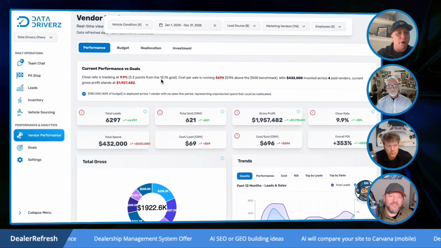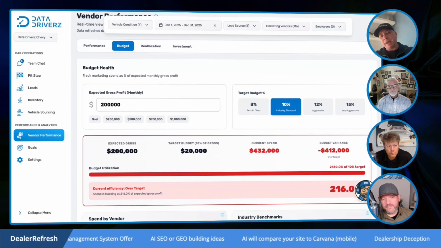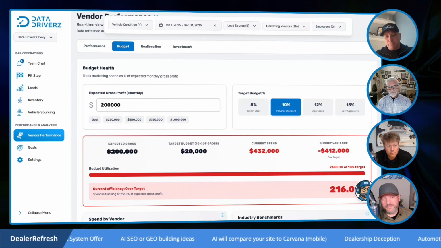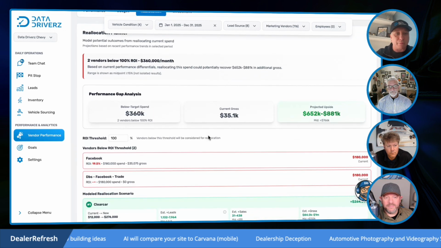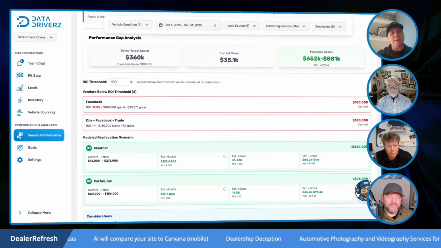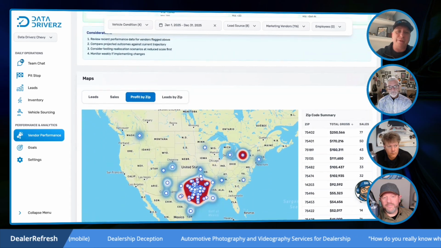Really looking at the budget and saying, hey, from what I'm going to make this month, am I spending 8%, 10%, 12%? What does that look like? Before I go and spend another dollar, can I reallocate funds? So am I able to reallocate sources that maybe are potentially doing well, or am I able to have the conversation with that source so we're all playing and we're all on the same page.